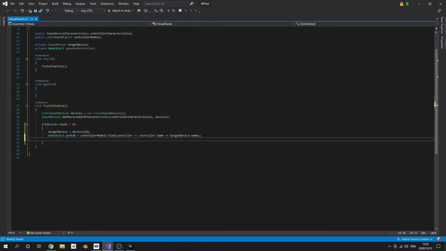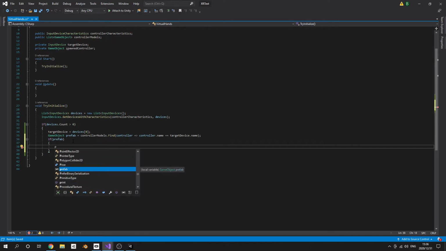And if prefab, so if there is a model with the same name,